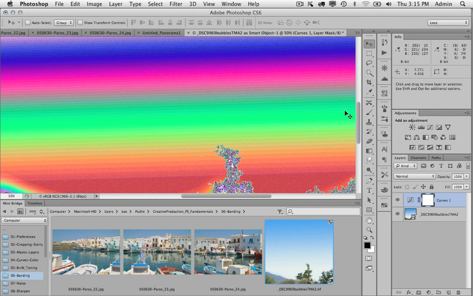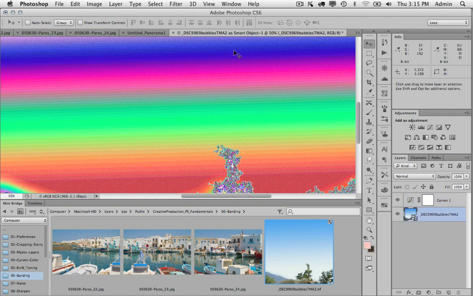So this illustrates two different things. First, just working in 16 bits is not going to rescue you. If you do something bad, it's going to bite you in the butt anyway. And second, it's often better to be in 8 bits and be able to see and predict how it's going to look, kill it then, because if you've killed the banding,